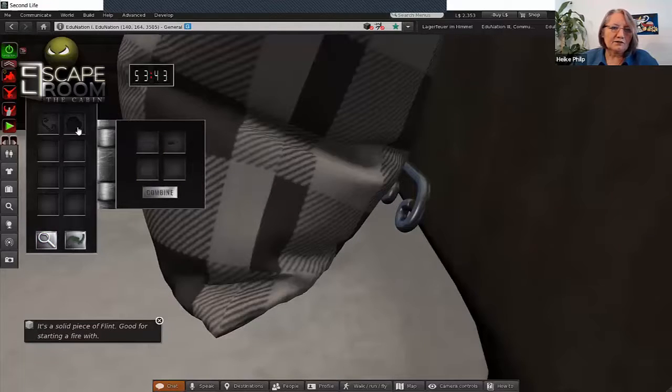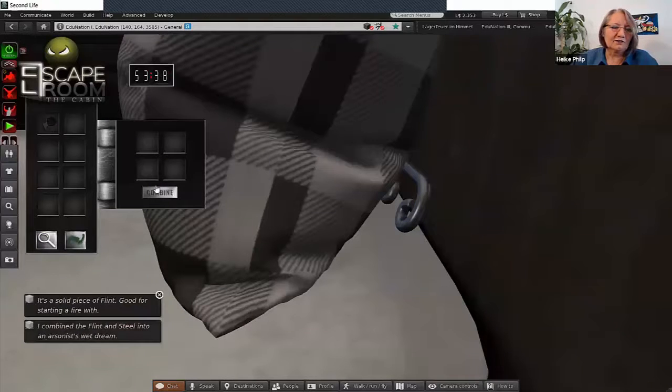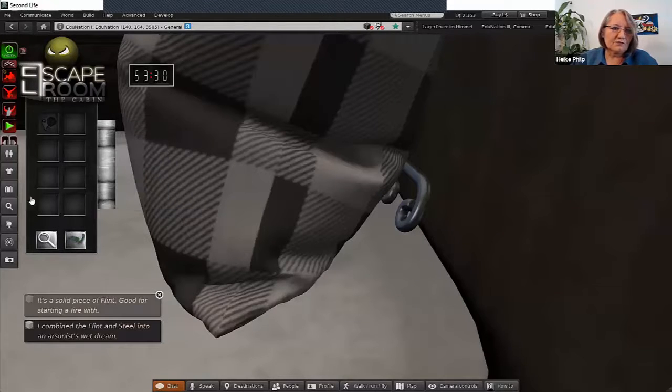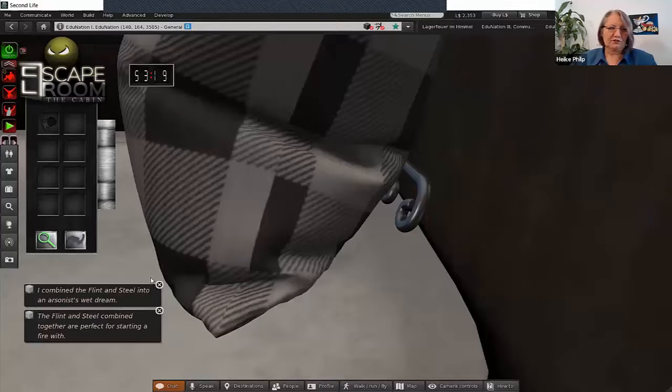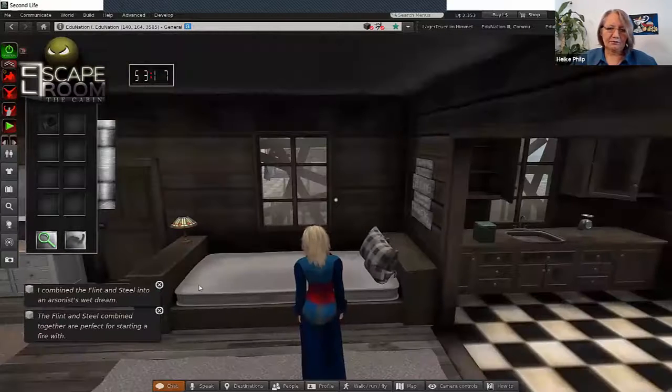I'm just telling you this now, because to find it out is quite tricky. So I have combined it, and now these two, let me focus on the two items. The flint and steel combined together are perfect for starting a fire with, which I can hit escape and